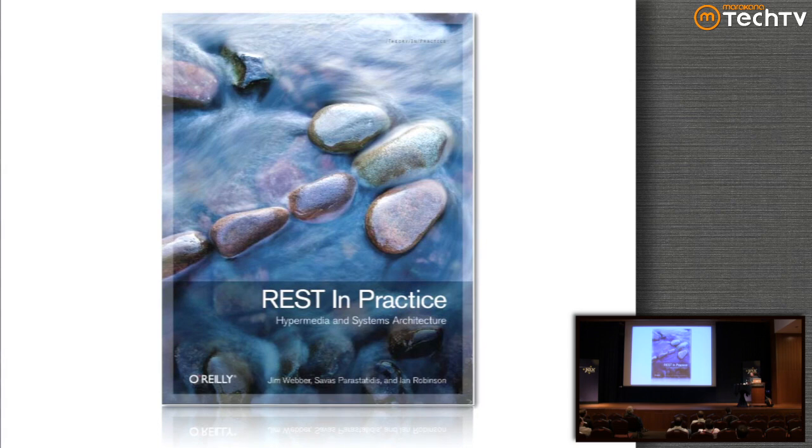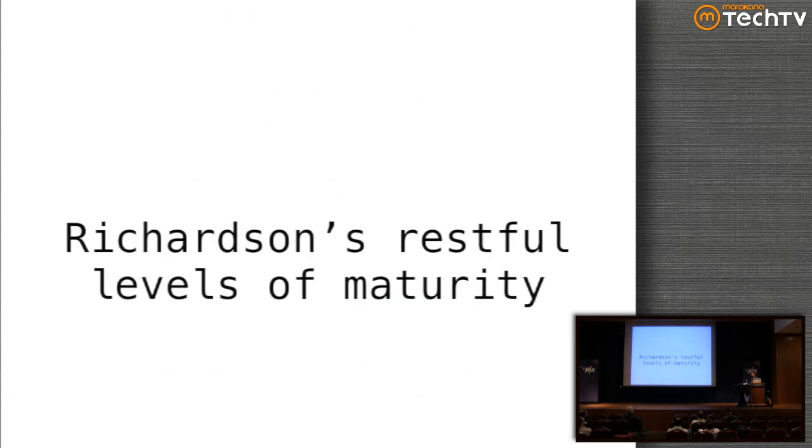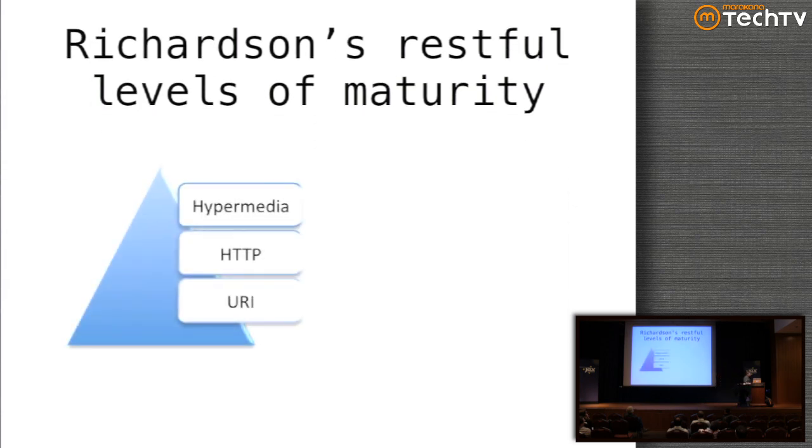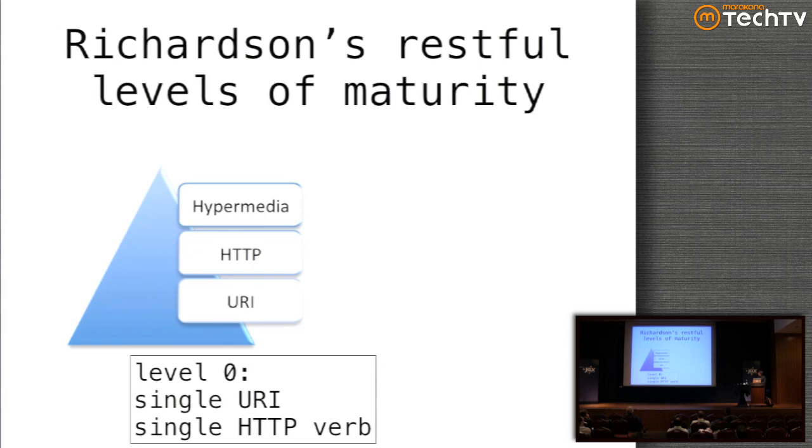Before I get into this, though, I need to talk for just a second about Leonard Richardson's RESTful levels of maturity. About 2 or 3 years ago now, at QCon London, Leonard Richardson came up with a scale to score different architectural styles as to how mature they were against the RESTful scale. His scale is REST, so he's definitely biased toward REST. But he scores a bunch of these different architectural styles, and I'll highlight some of them very briefly to point out how they've been deficient in solving some really important problems that we've had. So here are his RESTful levels of maturity, where there are actually 4 levels.